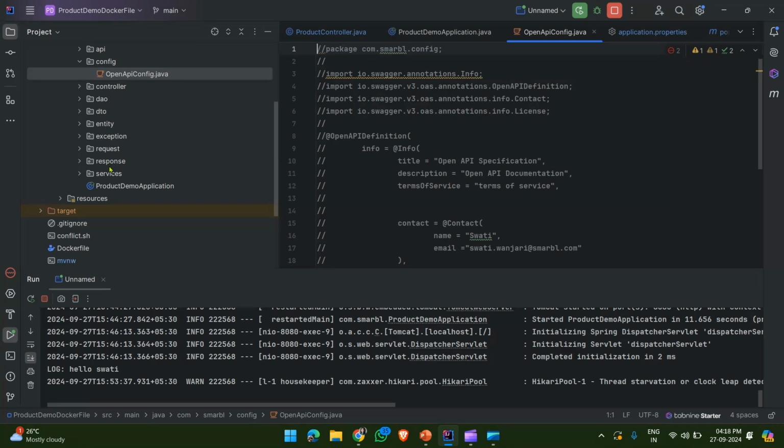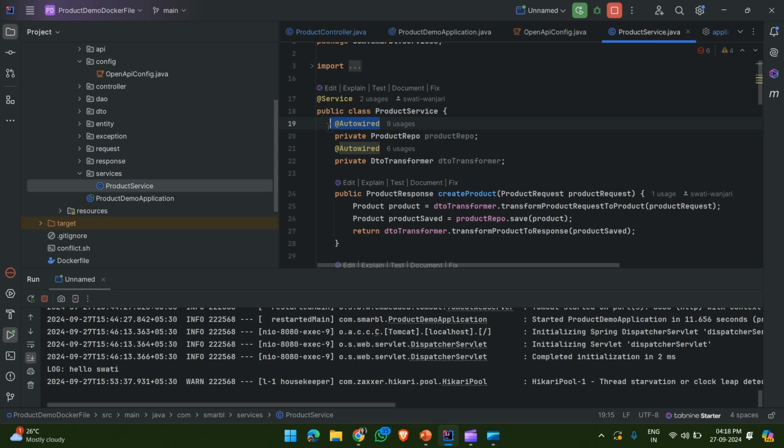in the service class like this. Here, go to service, you will find the @Autowired annotation. What does it do? The @Autowired annotation allows Spring to resolve and inject beans. You need not create an object of the classes over here. The Spring container will create it for you. For this, you have to annotate it with @Autowired and declare your class over here.